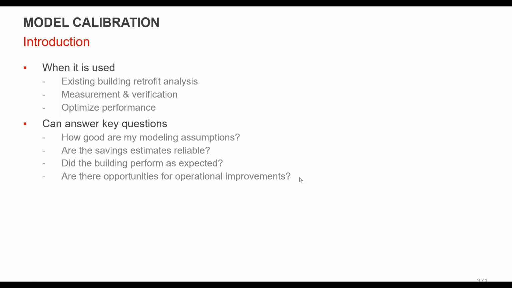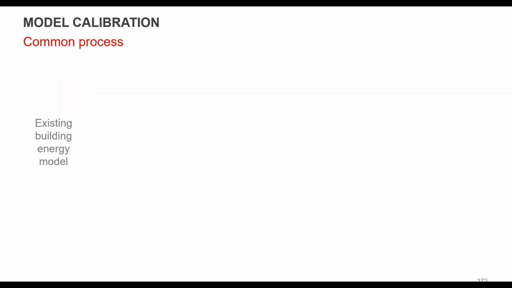So it also can help the modeler actually learn more when you go back and do a calibration, because it'll help you understand how good your initial assumptions were, and the initial savings that you potentially had. If you did a first model, for example, were the savings good? Were they in the right range? Was the building performing as you expected? And other places to improve, right? A lot of times when you build these calibrated models, you end up finding other inefficiencies that might not be 100% clear just from the building operator.